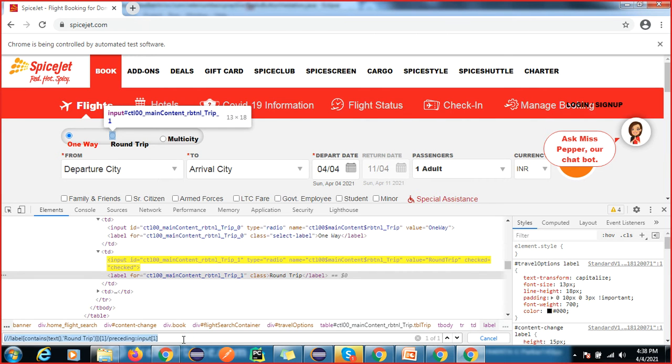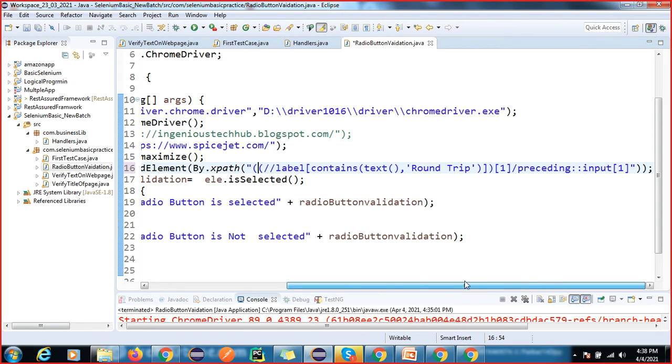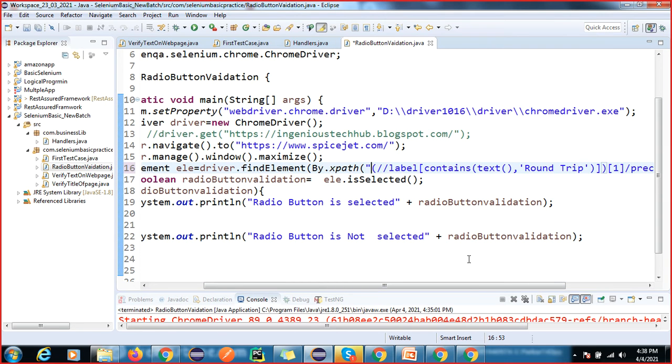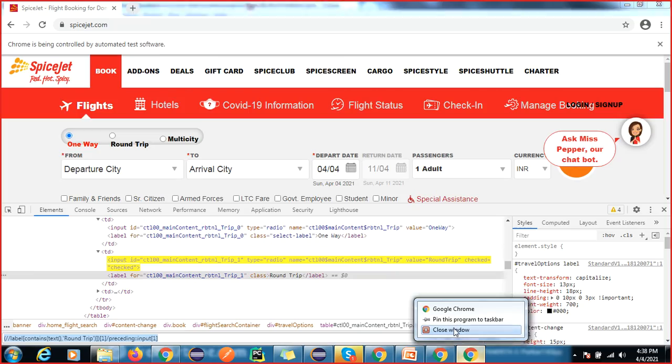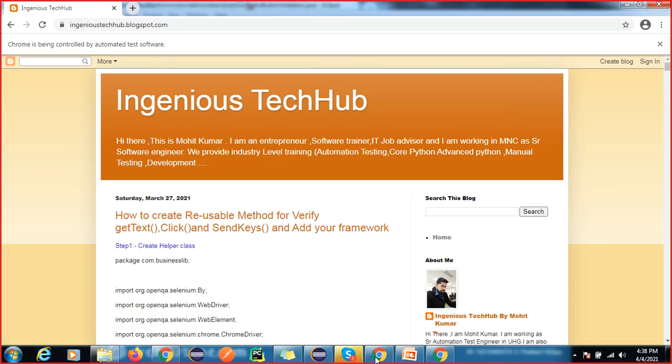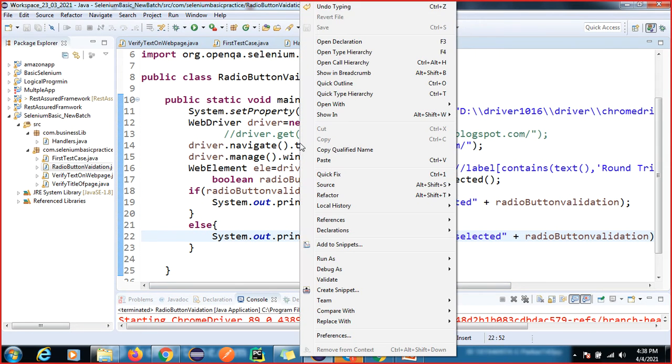It is not selected, right? So I'm just going to write this XPath and execute this. Okay, it's fine, right? Let me close this here, otherwise my system will be slow. Now I'm going to execute.